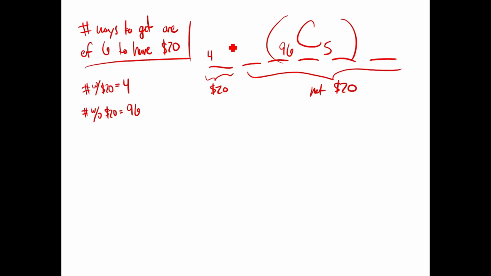And there's 4 eggs here, and my kid found 1 of them. And that's what you're going to do upstairs. So the answer is going to be 4C1. That's how many ways you can get 1 out of the 4 with $20. Times 9065, that's the number of ways you could pick 5 eggs out of 96 that don't have $20 bills in them. All right? So then our overall probability